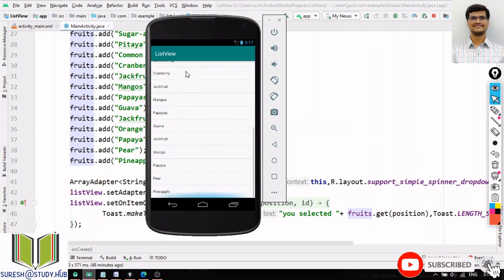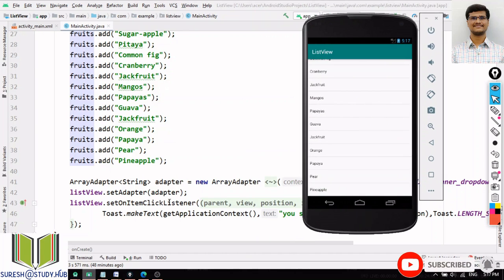So this is the setOnItemClickListener event. When I click on a particular item, this event is handled automatically, and it gives the message using Toast.makeText, so it is displaying the toast.